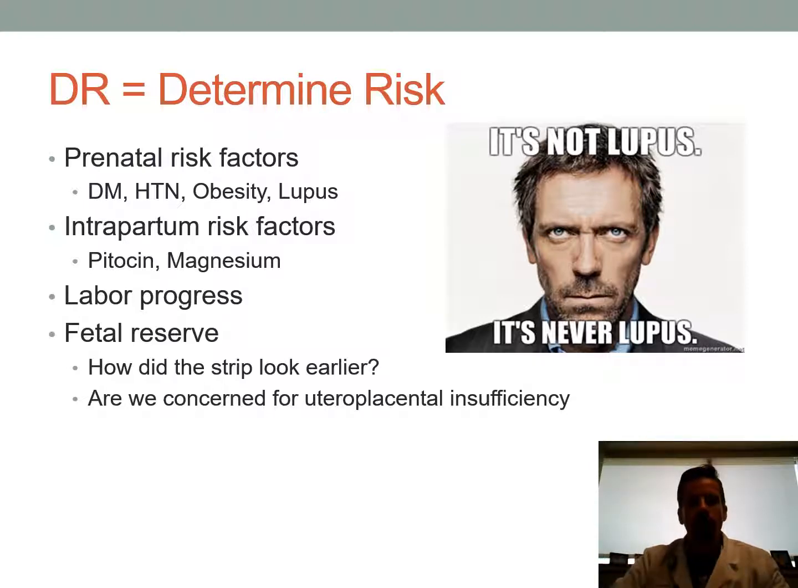So here you're looking at the prenatal risk factors and the intrapartum risk factors. Prenatal risk factors are your diabetes, hypertension, obesity, and I've got Dr. House right up here in the corner saying it's not lupus, it's never lupus. Generally that's going to be true, but there's one important thing to think about that you may be asked about: what's the thing that lupus can do to a heart rate that basically no other